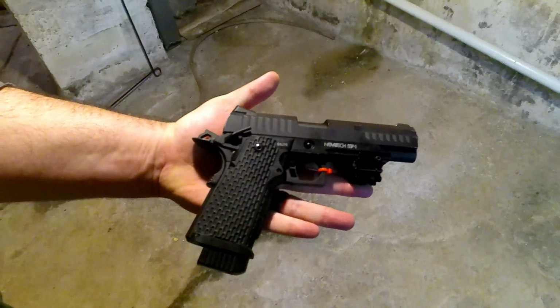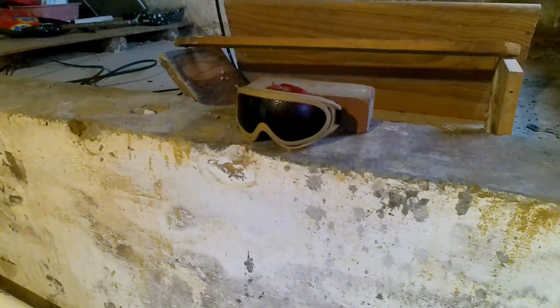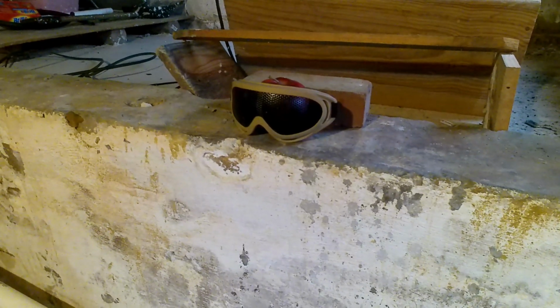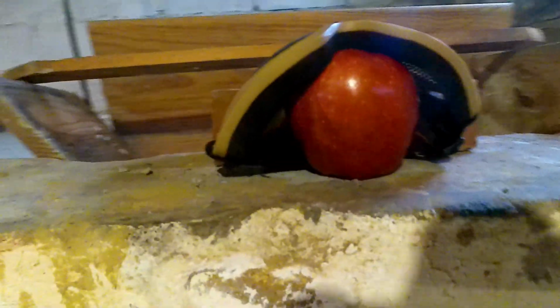This is an SSP1 high kappa, and it shoots somewhere around 350 FPS. With the .25s, it probably is shooting more like 320. Just 3 shots again. 3 hits. As you can plainly see, these mesh goggles are actually taking quite a bit of damage. Unlike on plastic lensed goggles, you can actually really see where